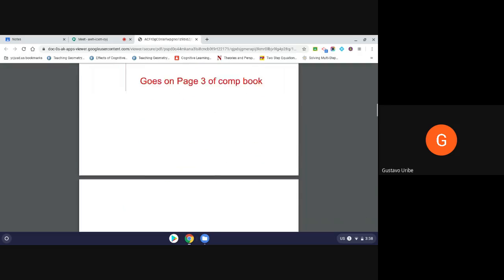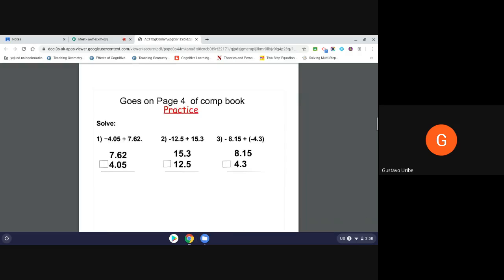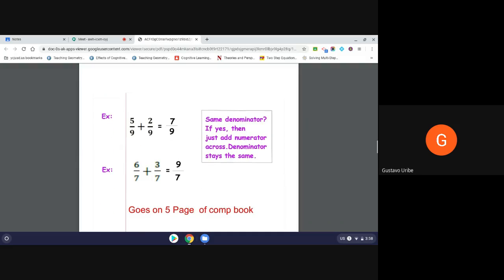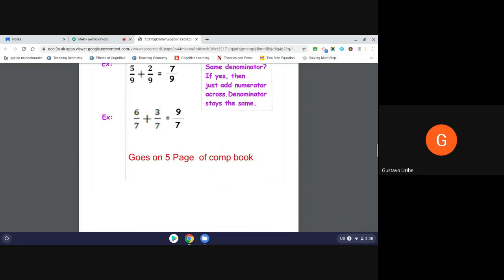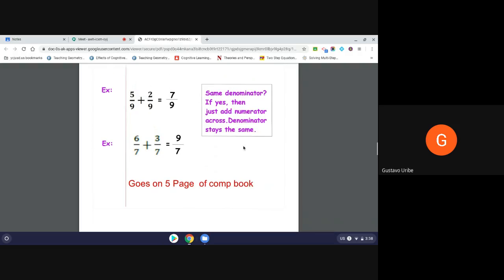Now let's go ahead and take a look at the second half. All right. The second half of this lesson has fractions. So whenever we're dealing with fractions,